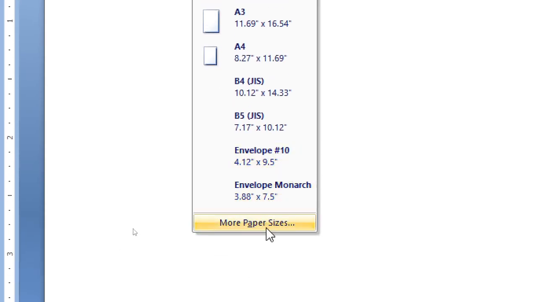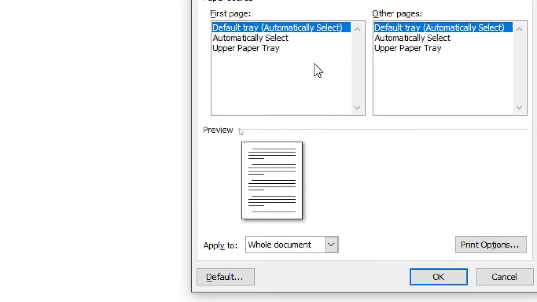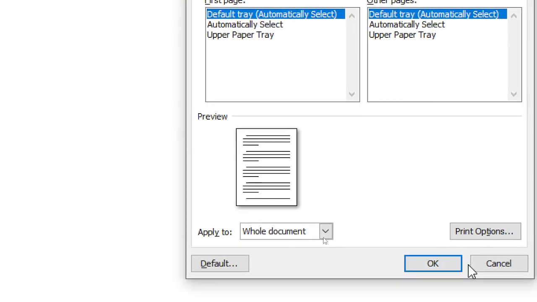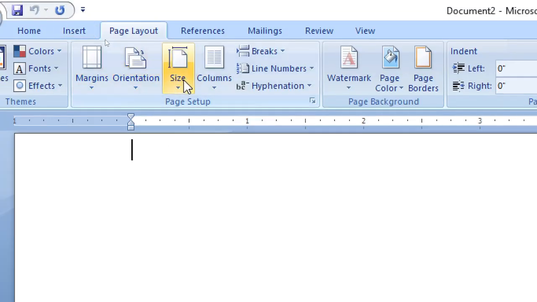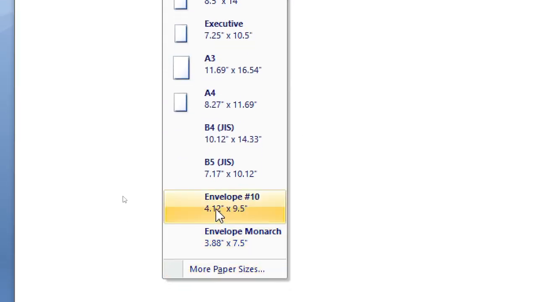Okay? So more paper sizes. So up to you now to choose or type whatever size of your paper. Get your ruler and compute your length and width of your envelope. Okay, let's say we are going to use this envelope 4 by 9.5,